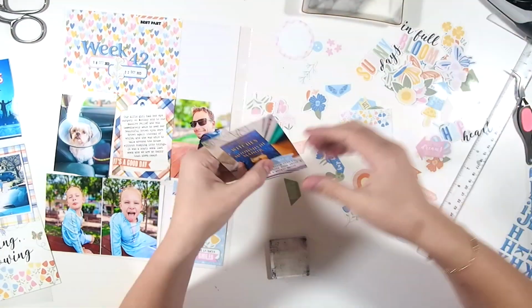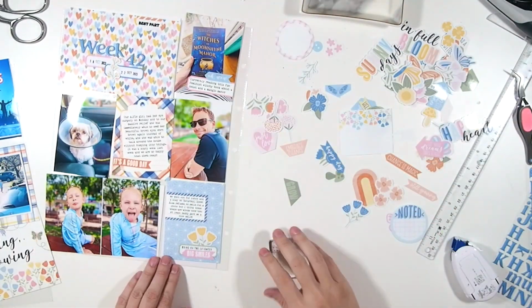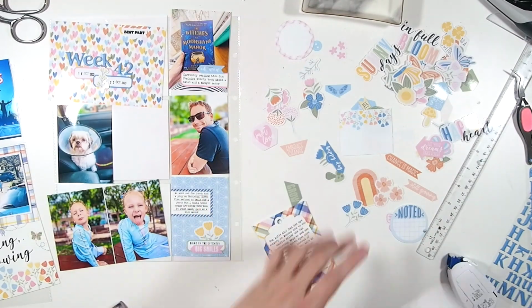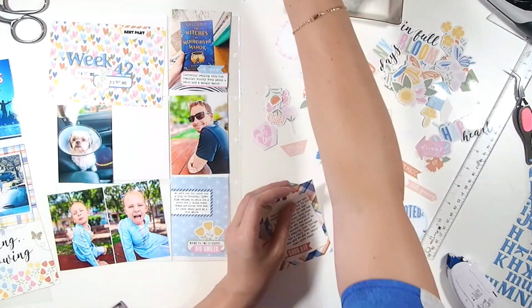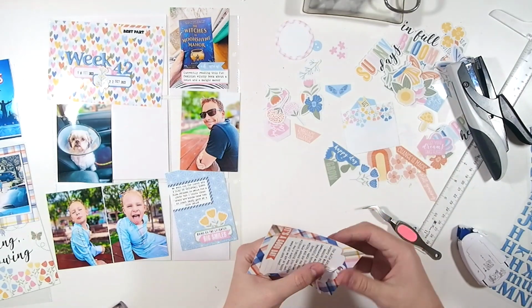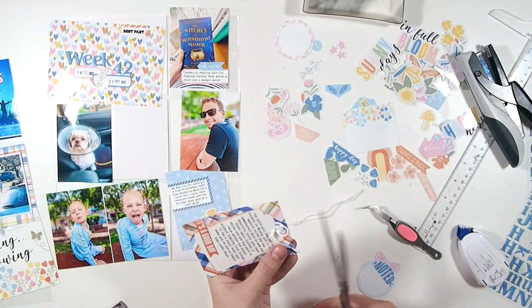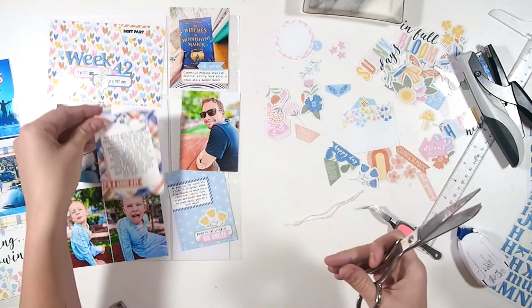Hey, I'm going to add sentiment to that photo at the top there as well. And then this card here had a little tag on it, so I decided I'm just going to treat it like a tag and put some twine through it, which I'm going to loop around the card, and I'm going to staple that down using my tiny attacher. The last